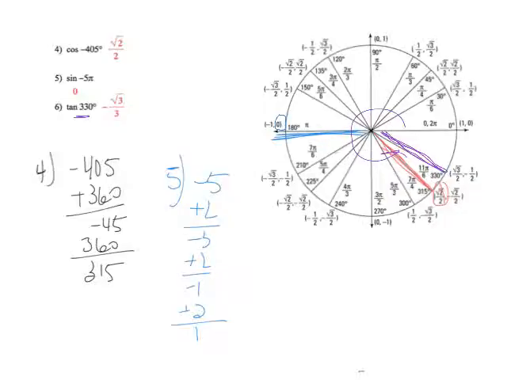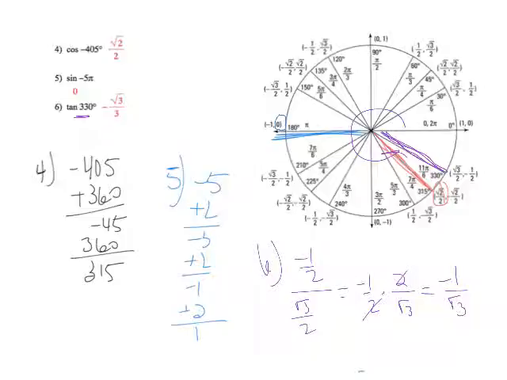And tangent is y over x. So for number 6, you're going to do y, which is a negative 1/2, over x, which is radical 3 over 2, right? And remember, I am multiplying by the reciprocal. So I take the bottom fraction and flip it. Those 2's are going to cancel. I will have a negative 1 over radical 3, which I will have to rationalize. So radical 3 over radical 3. Right? And then when this is all simplified, you get negative radical 3 over 3, as was already listed. Okay,